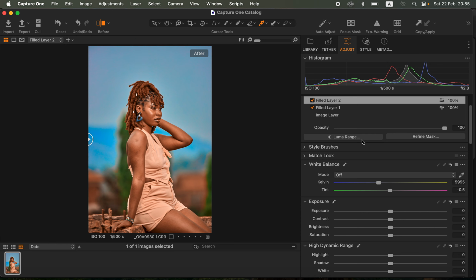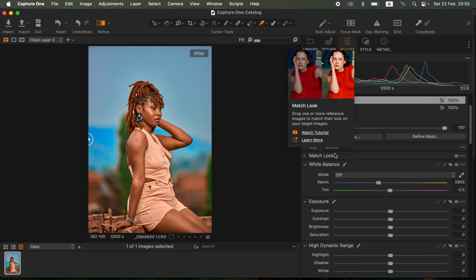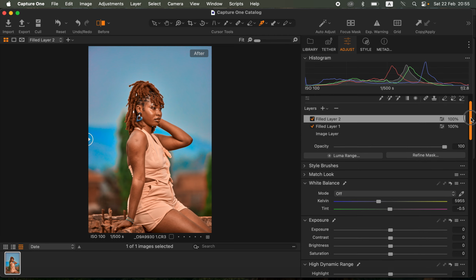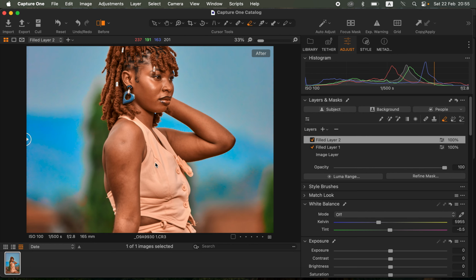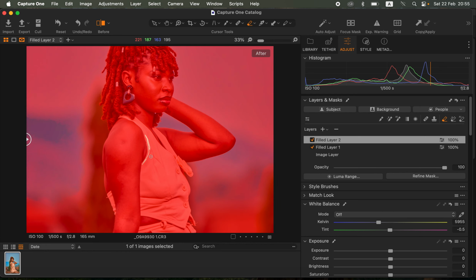So what we're going to be doing in Capture One, we're simply going to get the eraser tool, or you can press E on the keyboard and get the eraser tool, and simply zoom in by using Ctrl plus on the keyboard, or you can use Command plus. And with the eraser tool selected, just come and start masking out. So you can as well press M on the keyboard. M is going to be showing you the areas you're going to be masking out. So just mask out using the eraser tool, and the very first thing you have to do is first of all select